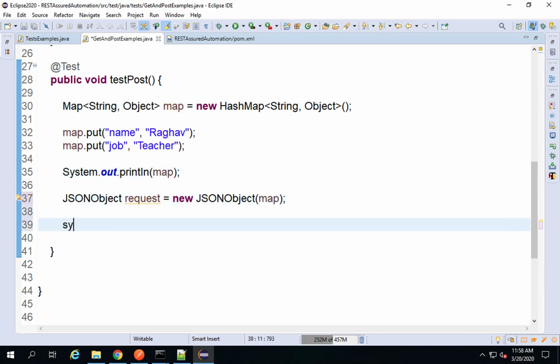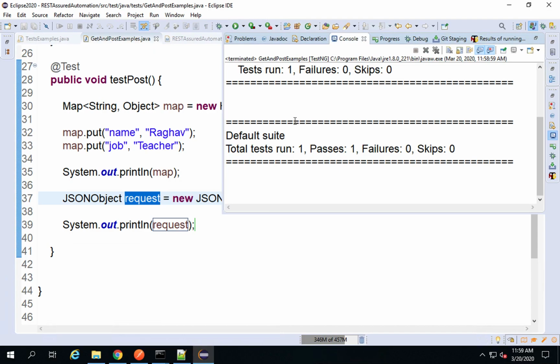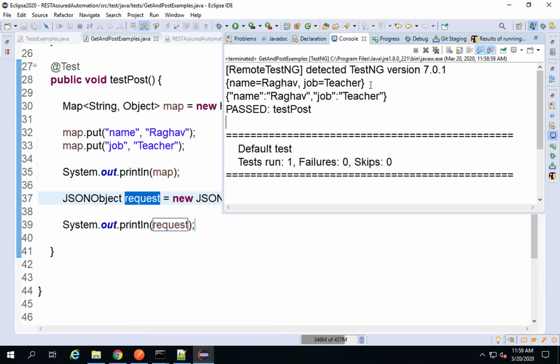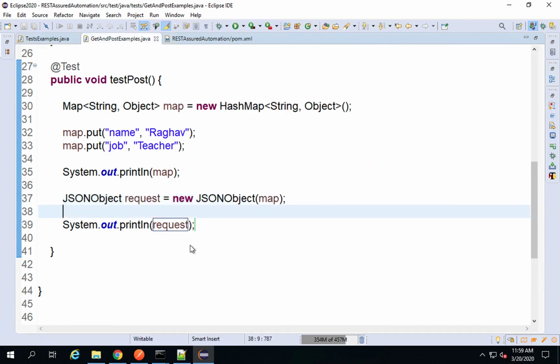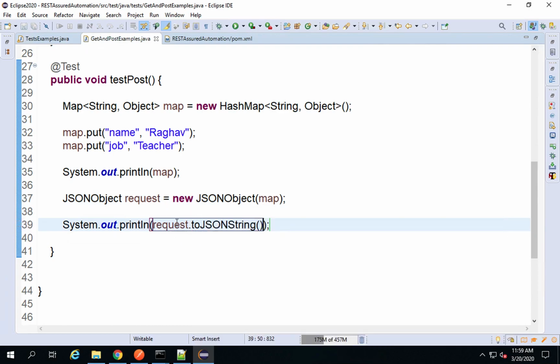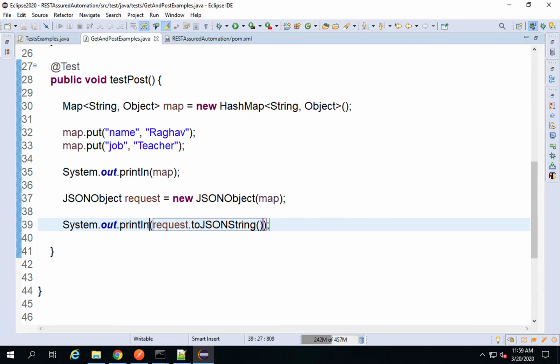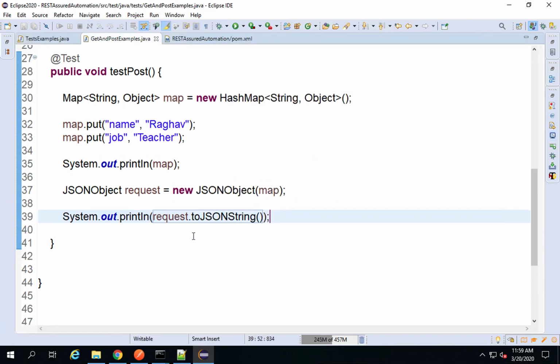And now if I print out the request, I'm just printing out this request, and let us see the difference now. I will run this again, and you can see here, this was my map, and after converting to JSON object, this is how it looks like. So this is something I can use in the body. I can also say request dot toJSONString, so that I'm just validating, and I'm just making sure that it converts into a JSON string. So you can see this is the output. So I can use it like this, and then I can use it in the body of the post request, or